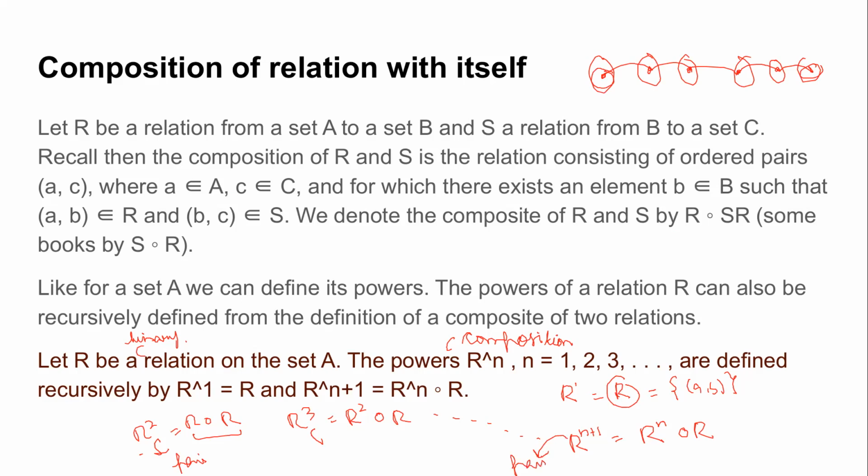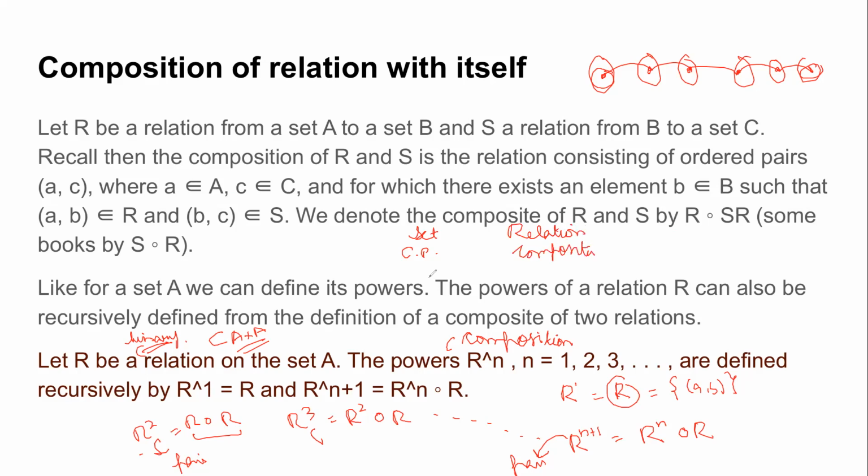Okay, and why is it so? By definition of composition, because composition only helps you to navigate the path in between the different sets and gives you the endpoints, right? And the main thing is, whichever power of R you take, it is ultimately a binary relation. So your tuple is always a subset of a Cartesian product of just two sets. So it will always be a pair. Okay, so there's a contrasting difference here. If you want to compute the powers of set, it's done using Cartesian product. If you compute the powers of relation, it's done using composition.